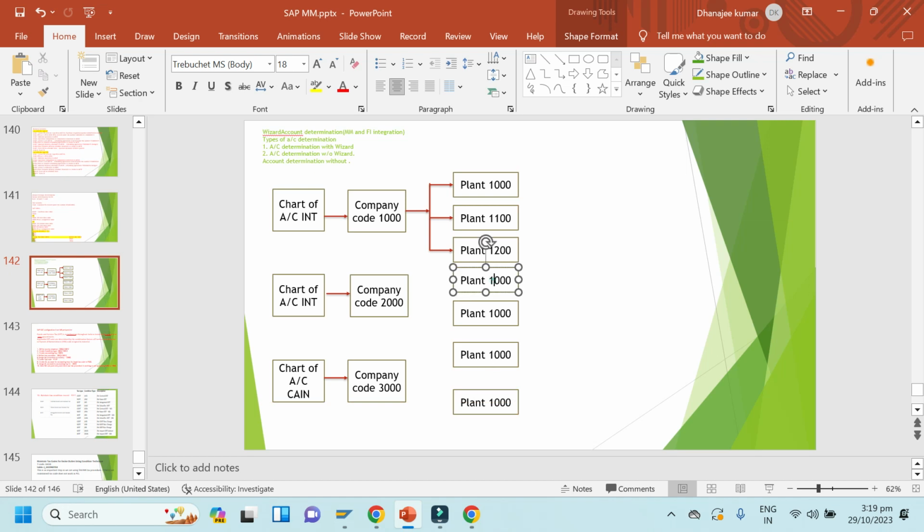So this is plant 2000, this is 2100, and this is 3000, I can assume, and this is 3100. Okay, same way.